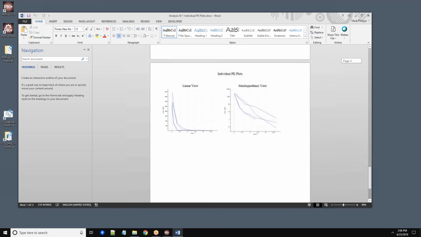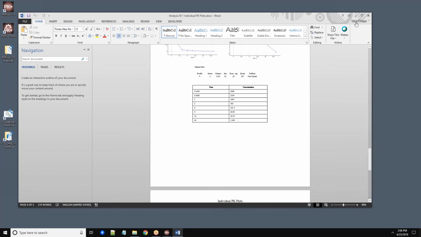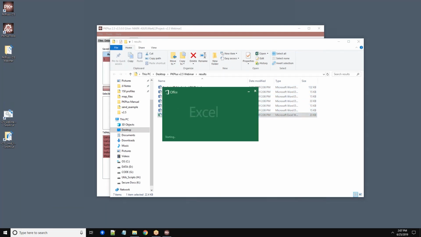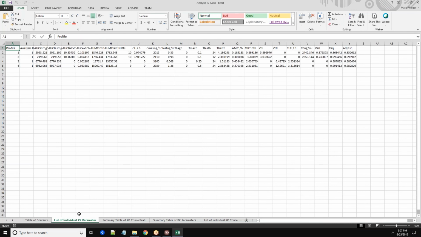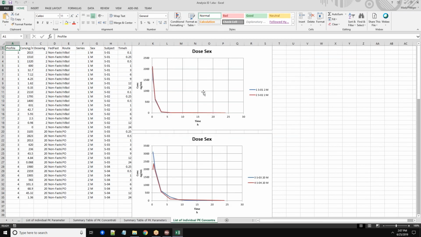As well, at the bottom you'll get a total plot for each of them, just so you can see each one in relation to each other. Along with that, you'll get a list of concentration and times, your individual parameters, and it also generates an Excel workbook here with each of those reports in a tab. So it'll come up with the table of contents. You'll get your list of individual parameters, your summary of concentration, your list of individual concentrations, and you'll see it